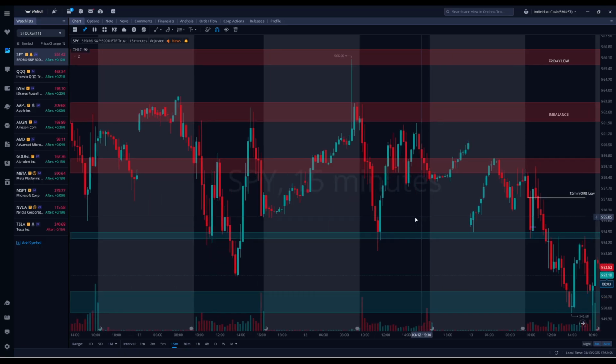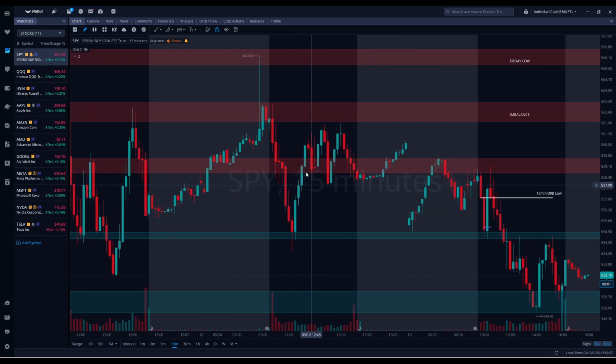And coming into today's session, let's talk about what happened on Wednesday. On Wednesday, we had a gap down. Again, we got a rejection off of that Friday's low, and right into the imbalance, which was Tuesday's resistance, which continued to act as resistance on Wednesday. We had an initial dump. We had a little bit of a demand zone here, which we bounced off of, but this is where I got the level for